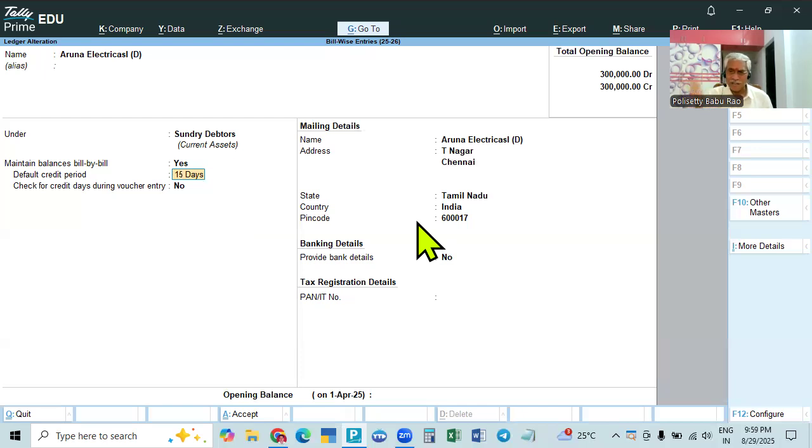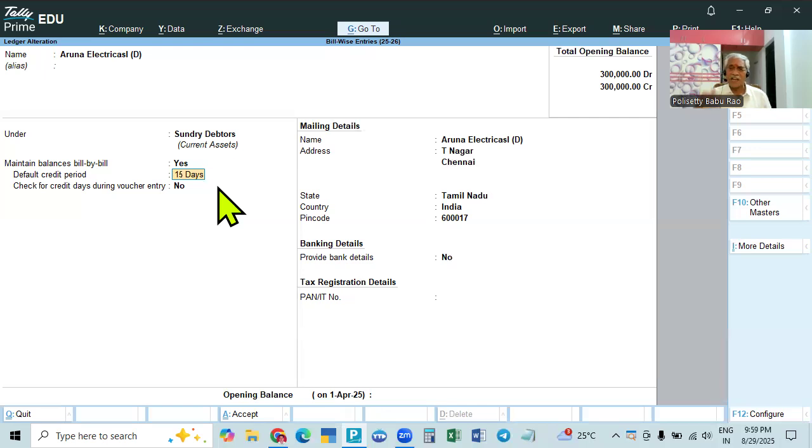Even though the old bills crossed the due date, we can continue, no problem. So that is the purpose of the check credit days. But in this case, when you fix a credit limit, if you are going up to the limit, you can